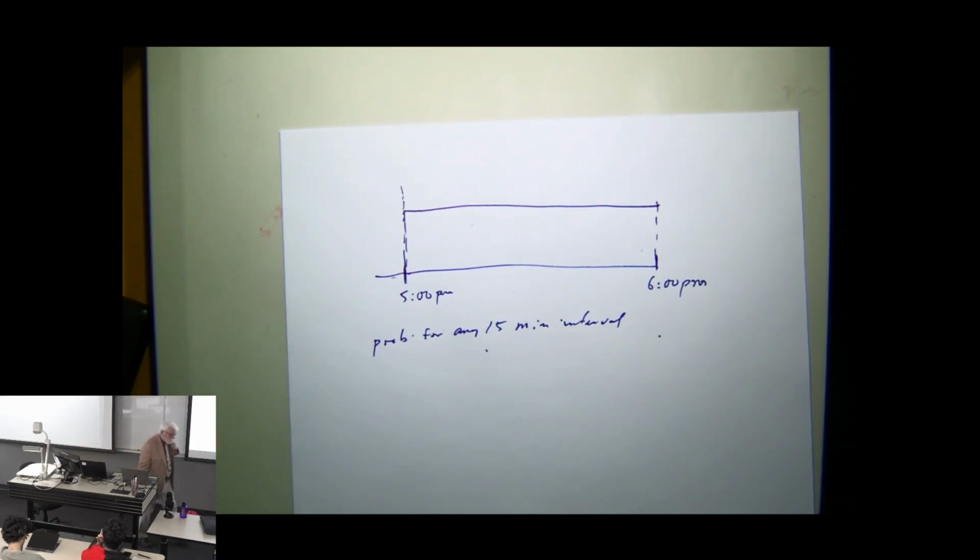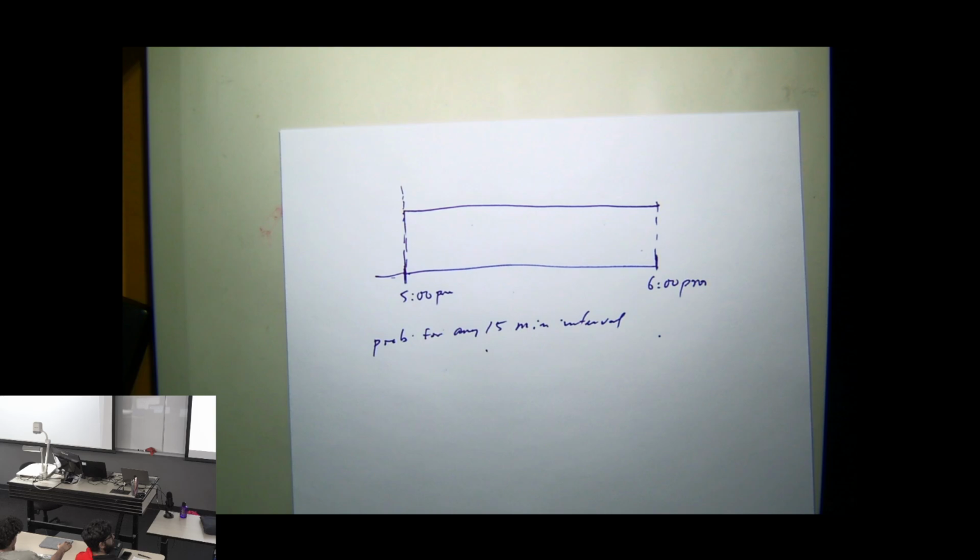So if I was to say, what's the probability that the doorbell is going to ring between 5 o'clock and 5:15, what would you tell me? Between 5 o'clock and 5:15, uniformly distributed over this hour. So if we say the doorbell must ring in that period of time, and it's got an equal chance of any interval, what would you say? 25%? How did you get that? Just took the 100%